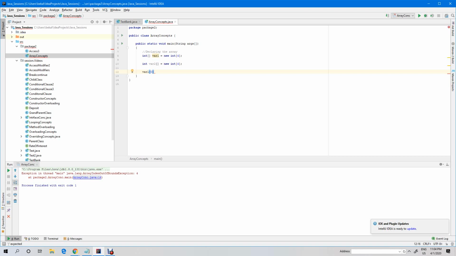So var1 of 0 equal to 1, since let me save odd numbers here, and var1 of 1 equal to 3, var1 of 2 equal to 5, var1 of 3 equal to 7, something like that.